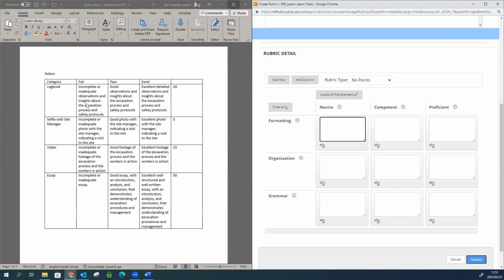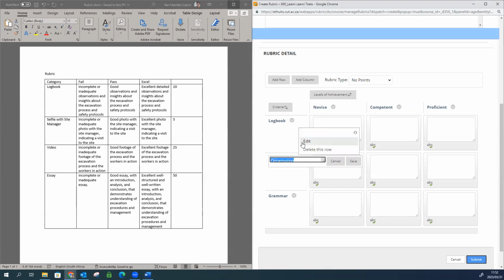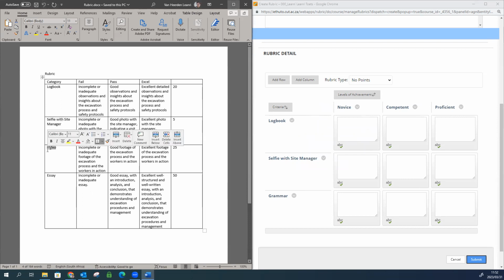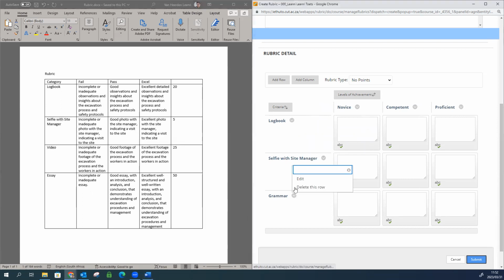We're going to go and change. So first category is logbooks. I'm just going to copy that. And I'm going to go to this little menu to edit, paste it, save. And I'm going to go down and do the rest. Now I've got 4 rows, whereas the rubric only starts out with 3. So we need to add another one. And we do this by going up here, add row,